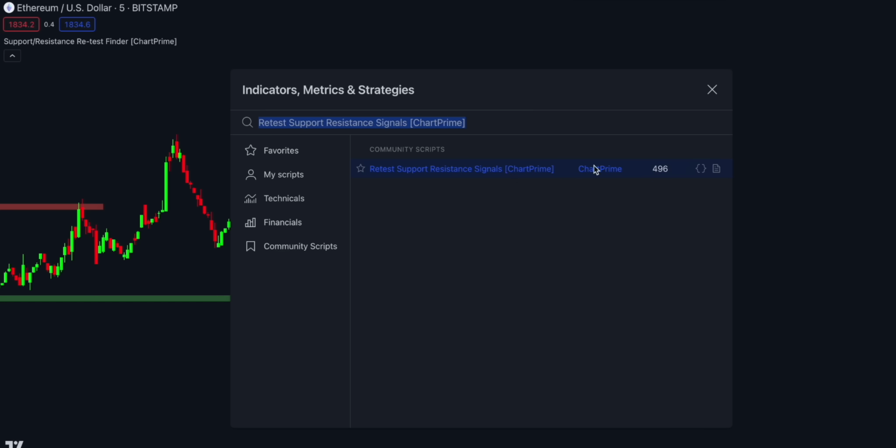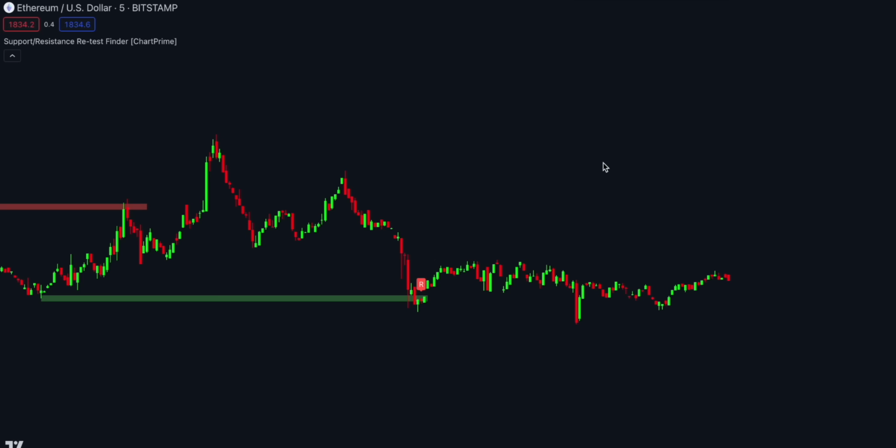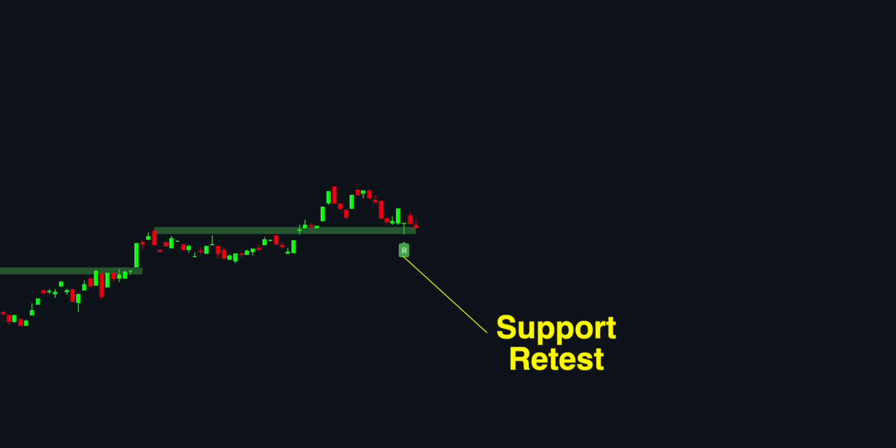Select this one here. The Retest Support Resistance Signals indicator is an effective tool designed to offer guidance in identifying key support and resistance levels within the market. Most importantly and uniquely, it identifies retests of these structures and displays them on the trader's chart. By utilizing a combination of pivot points and price action analysis, this indicator offers valuable insights for both signal-based and